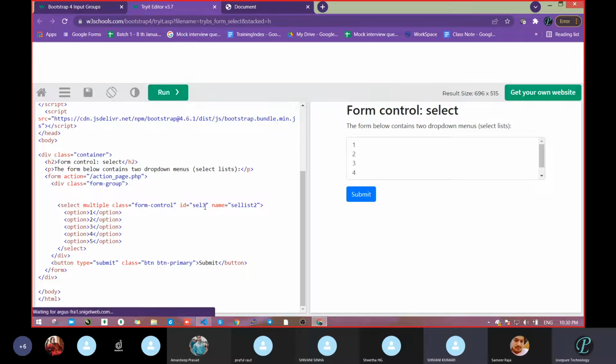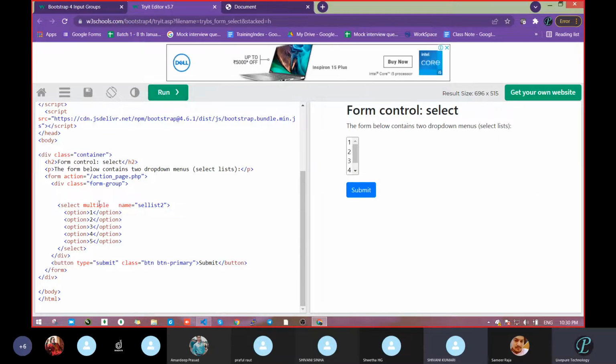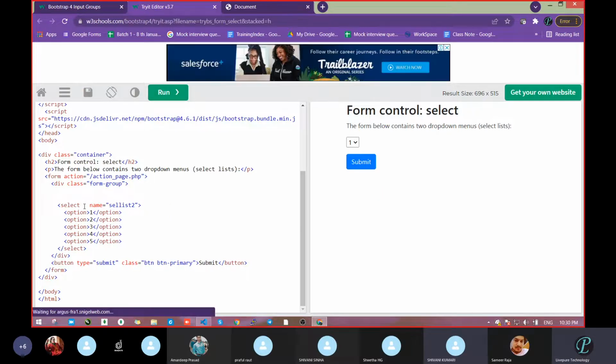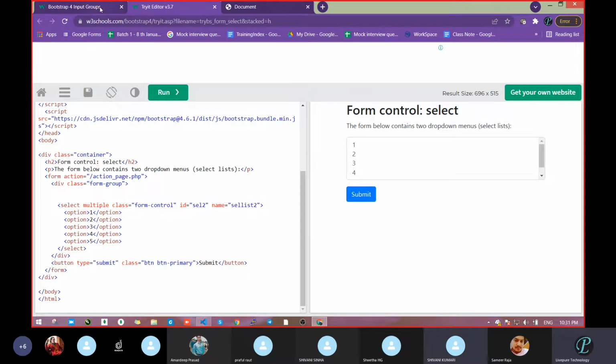Let's remove this and see whether it works or not. It worked. Okay. Remove this class. Go directly. Okay. Now remove multiple itself. Now see. Due to multiple, it became multiple selection, but due to the class, it gave those spaces, that styling looking good. But this ID is not going to do anything, just a normal ID they had written. Okay, so we can design this way.